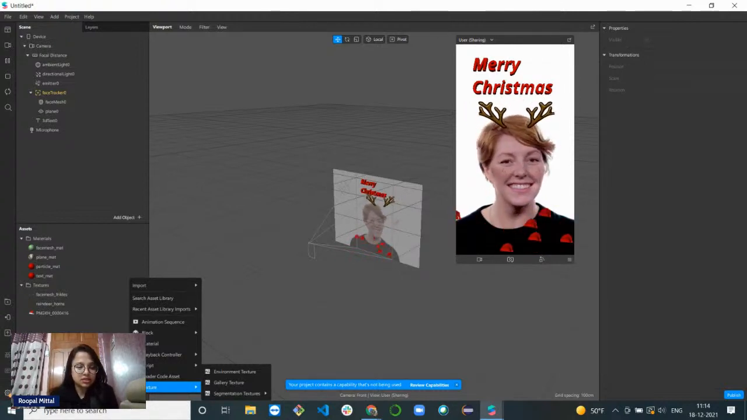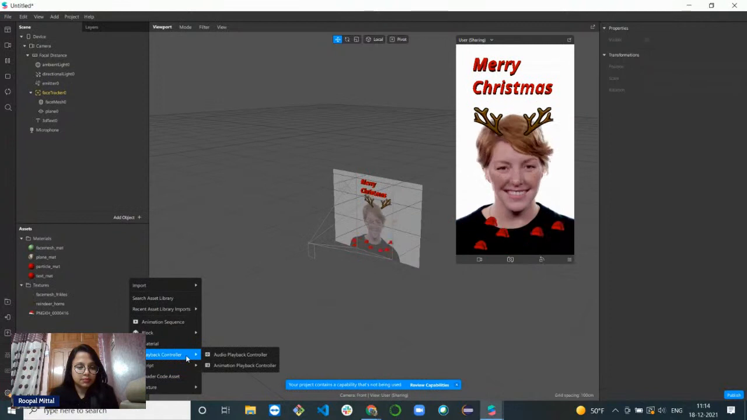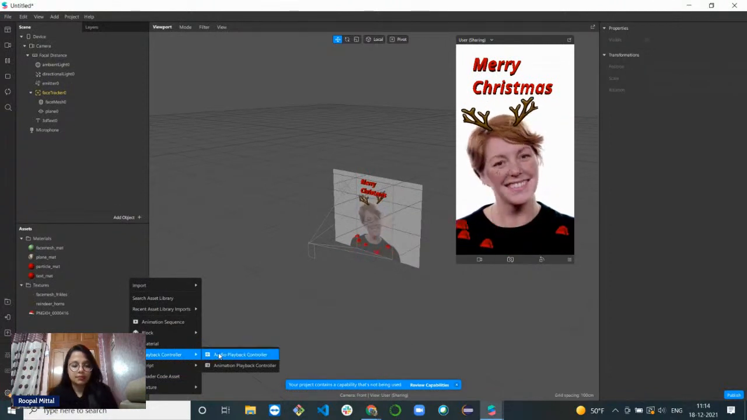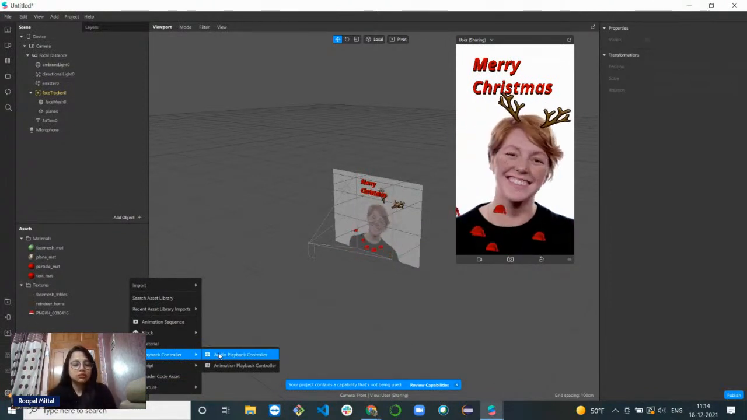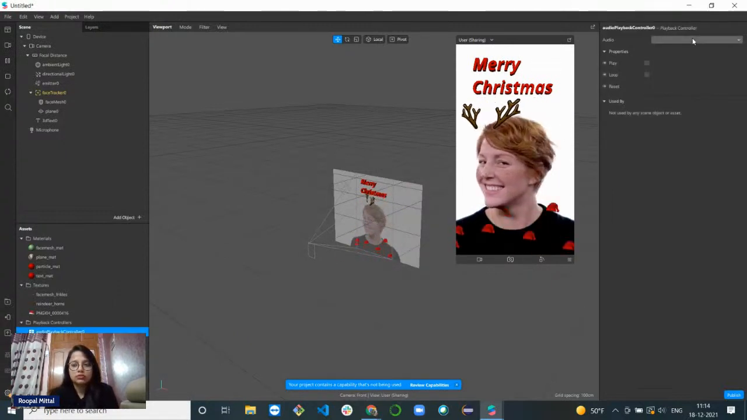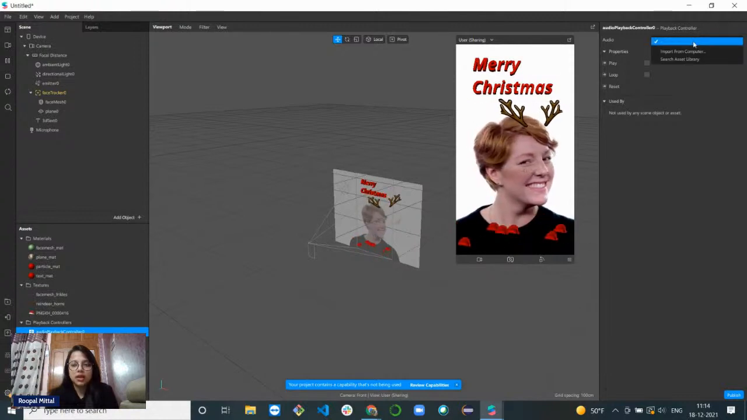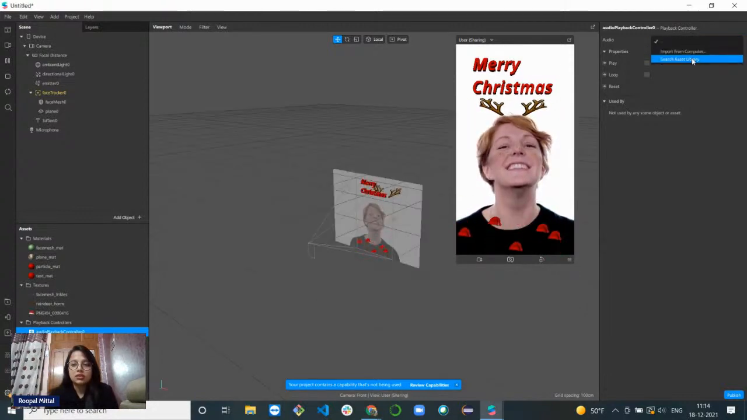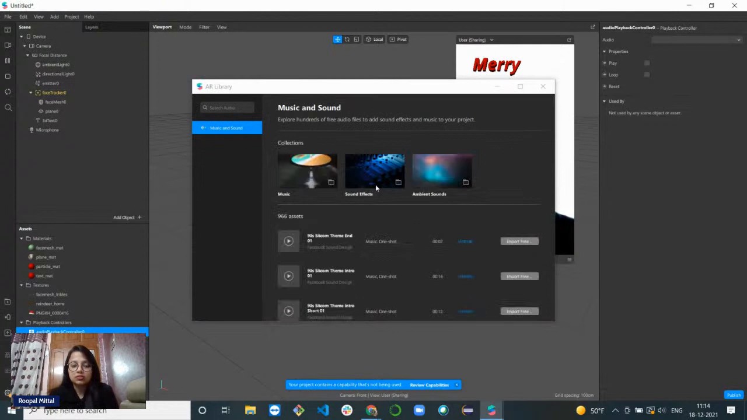So I'll just add a playback controller. I'm adding audio, so I'll have the audio playback controller right here. I'll go to the audio playback controller. From here you'll have to select a file. You can search the asset library. One of you asked how to add stuff from the asset library. So right here, if I want to choose an audio, I can just